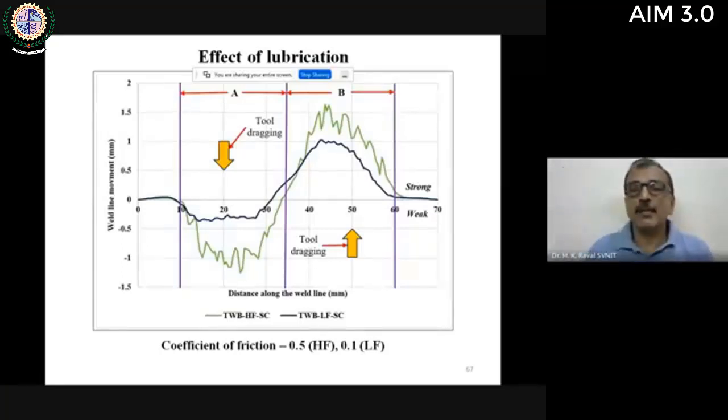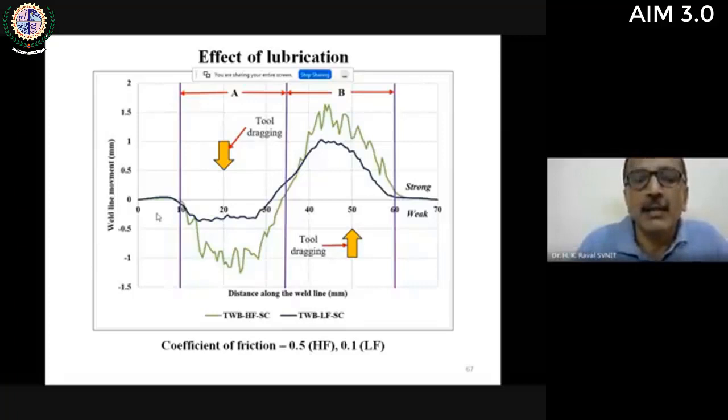lubrications. Two different lubrication conditions are considered: low lubrications and higher lubrications, or lower friction ratio and higher friction ratio. So when you apply lubrications, friction coefficient will be less. When you have no lubrication, friction coefficient is high. So two different friction coefficients are studied here, and it is observed that as the friction coefficient is less, the